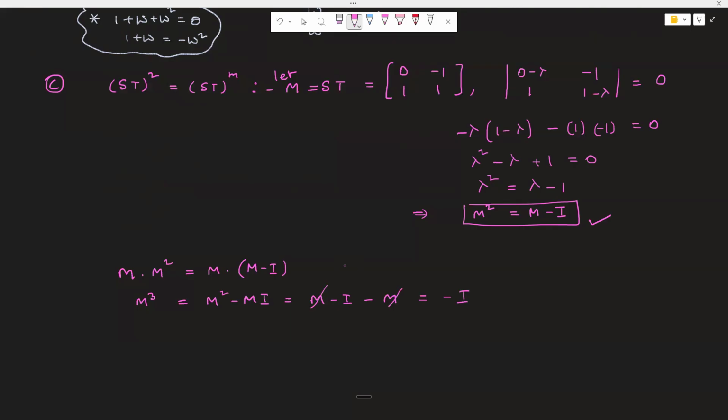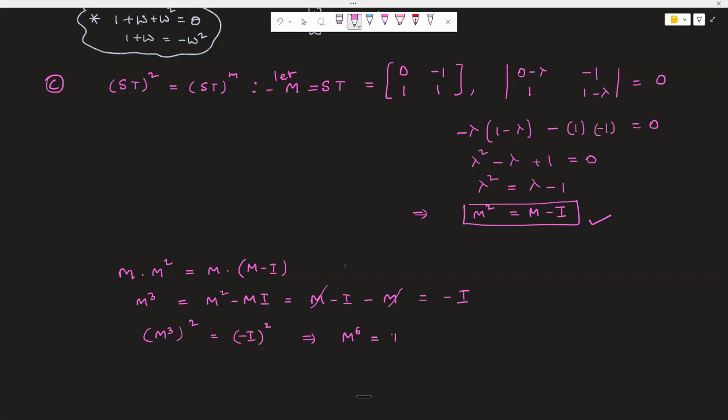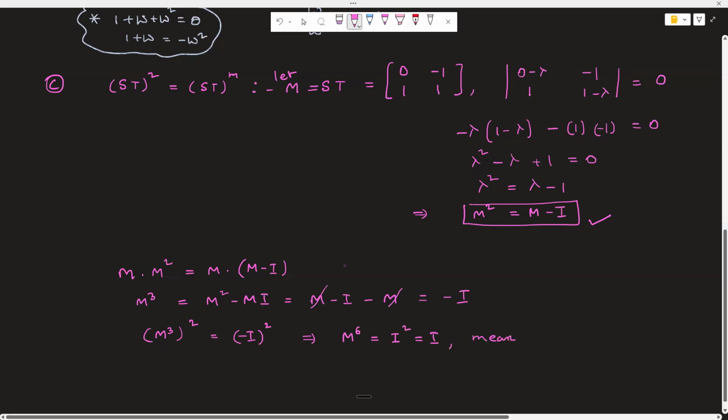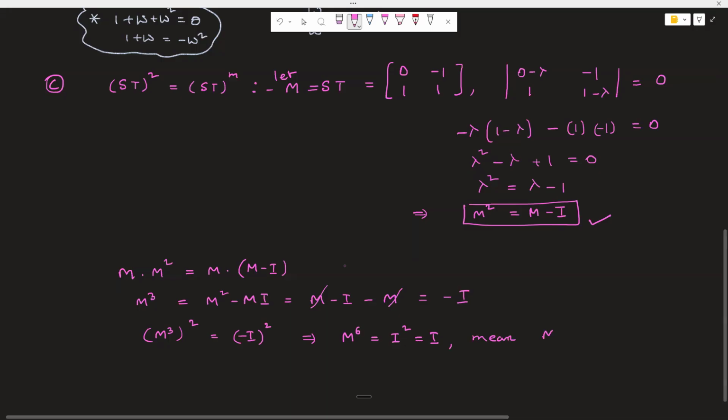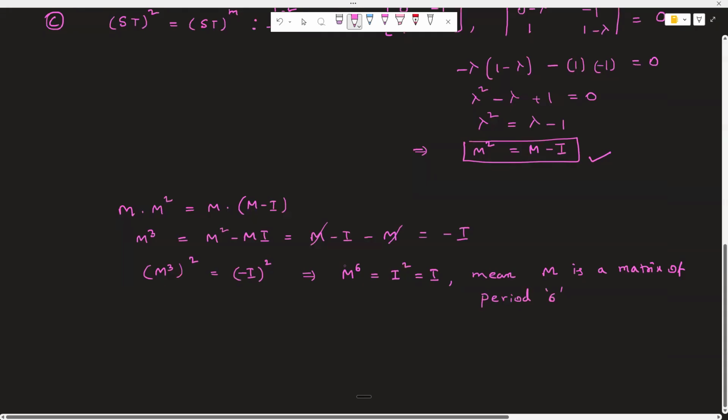For removing this minus, we will do whole square on both sides. So m cube whole power square is equal to minus I whole power square. Okay, so which implies that m power 6 is equal to minus I whole square. Of course, I square, of course, it is I. So that means m is a matrix of period 6. So that we can represent st square